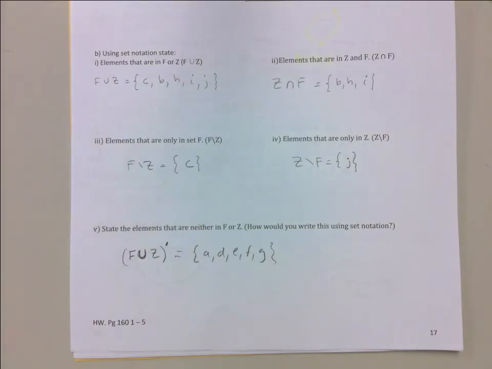Remember this, union, you want to combine everything. Everything that's in either one and both, right? Intersection, you're only interested in what they have in common. Yes? Intersection, only what they have in common. Okay. Any other questions? Okay, we can address